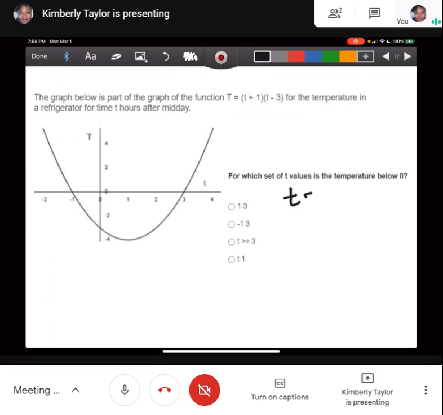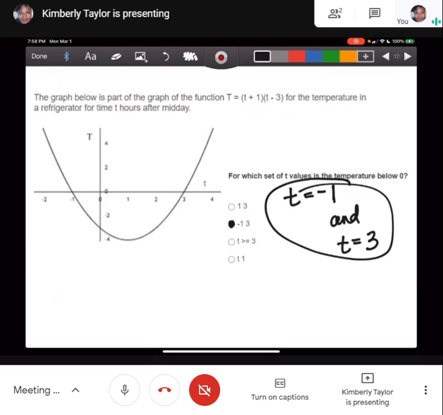T is equal to -1 and T is equal to 3. So I would have picked answer choice B. The way they have the answers written is kind of funky, so this is what it should be. But this here, I don't know what's going on. So anywho,